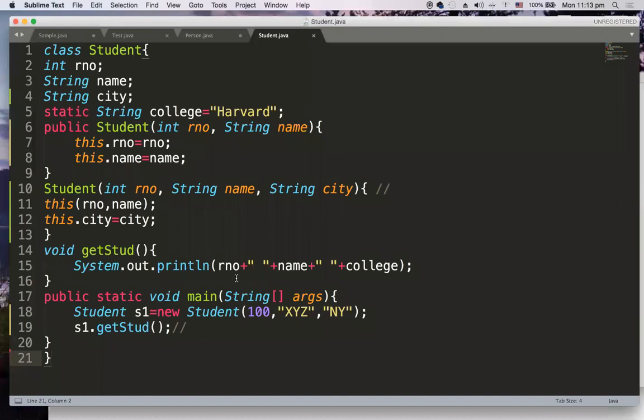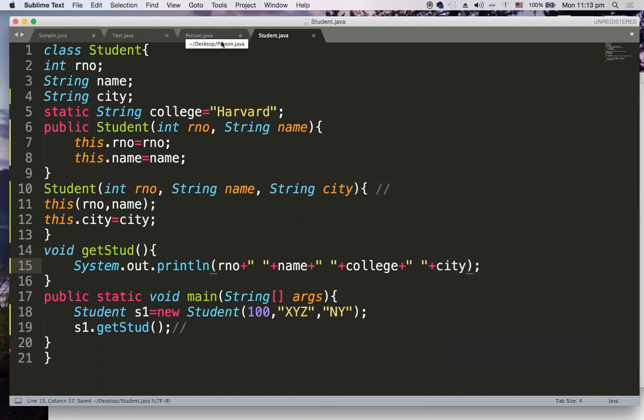We are not getting city printed. The reason is we have not printed it in the get student. So what we need to do is add plus, give some space, and then say city. That's how you have to do it.